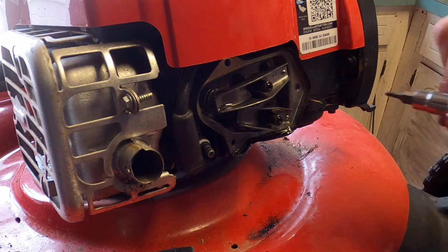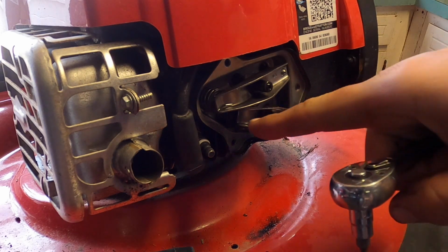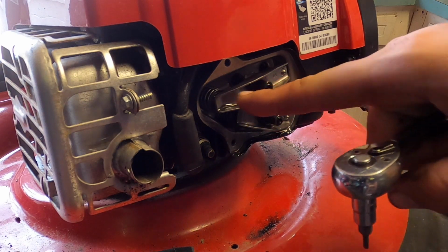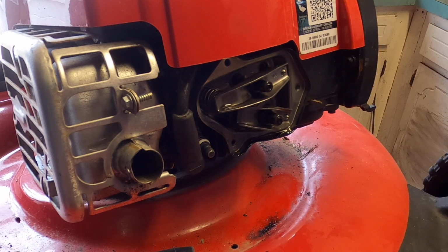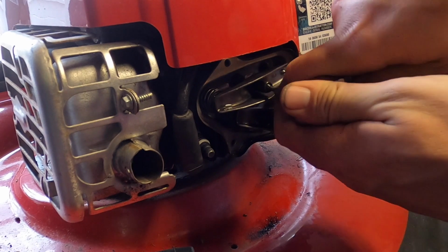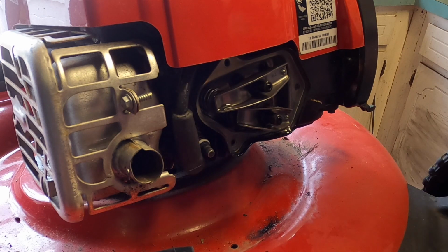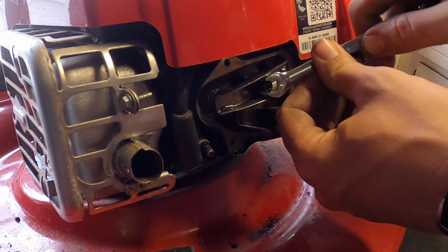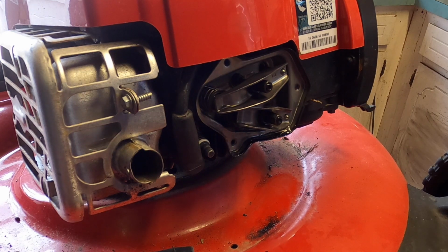So yet again, if you're going to be doing this, make sure that you're either on top dead center, the true top dead center, or the other valve is in the furthest lowest position you can go. At that point you can guarantee there's not supposed to be any type of pressure on this at all. You should have it exactly the way it is, and you don't have to worry about a compression release either. Okay, now that that's loose,